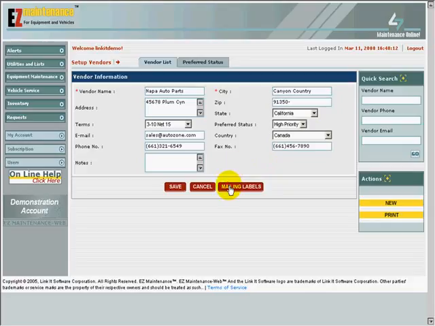This will pop up a small window with two choices: single label or multiple labels. To select either single label or multiple labels, click on the small circle next to each. Clicking on multiple labels will print out a sheet with multiple mailing labels for that vendor. Alternatively, clicking on the circle next to the single label will print a sheet with a single mailing label in the upper left-hand